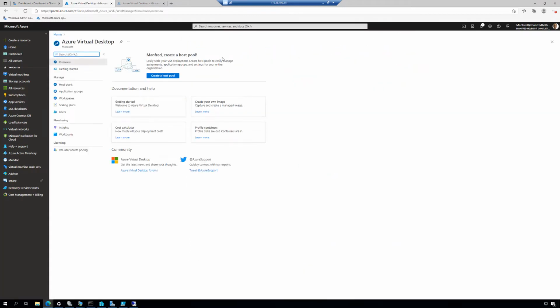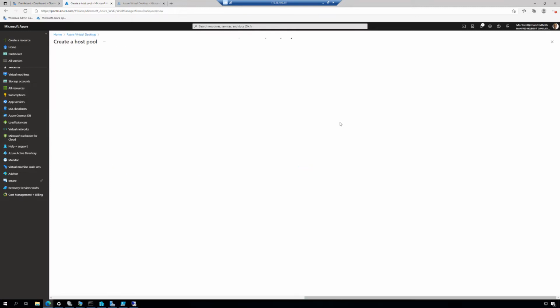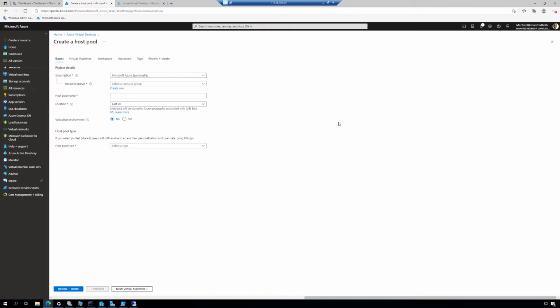And you can open it. The first step when you start new is to create a host pool. So we will create a host pool here, and today it's not possible to configure Azure Virtual Desktop from within